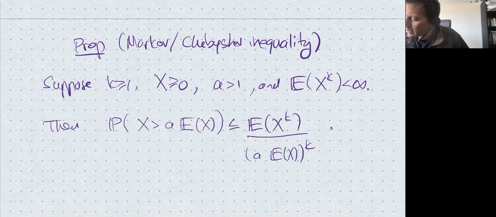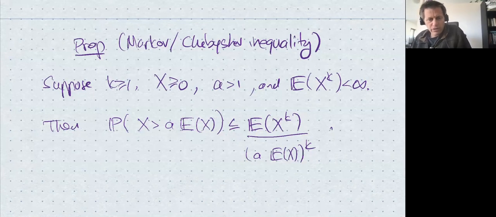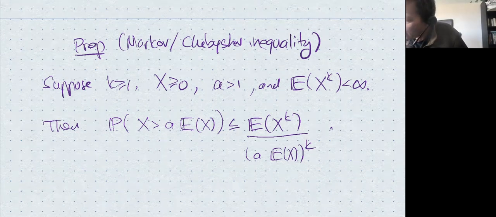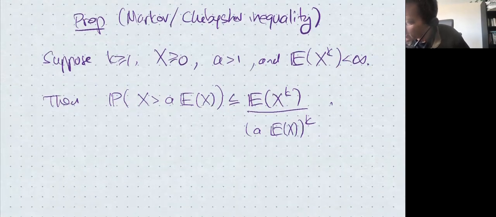Okay, and you see that the term in the numerator and the term in the denominator are not the same. This is the average of x to the k, and this is the average of x, quantity to the power k. They're not the same, but in many applications they're going to be close to each other. In particular, that's what's going to happen in our situation. Let me write that down. That's an important special case. They are the same if k is equal to 1.